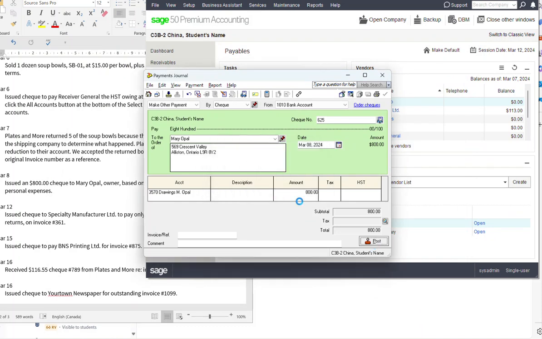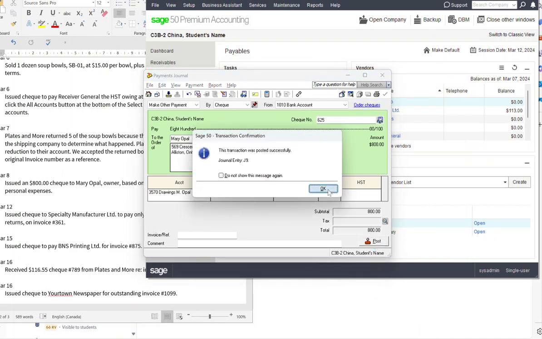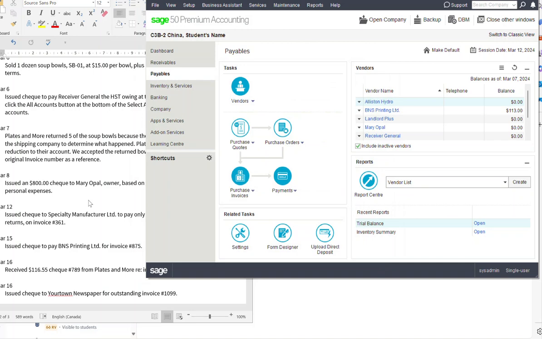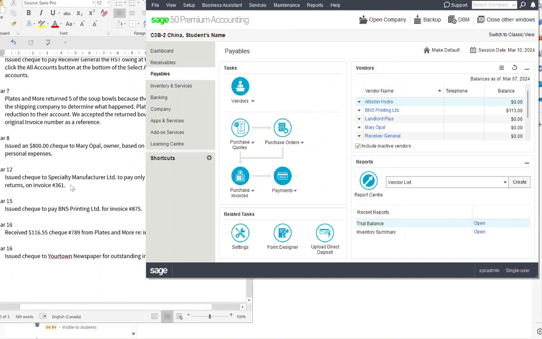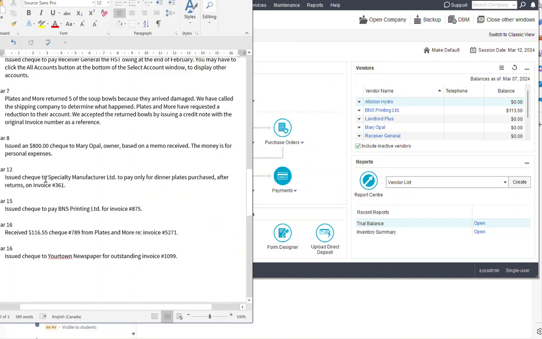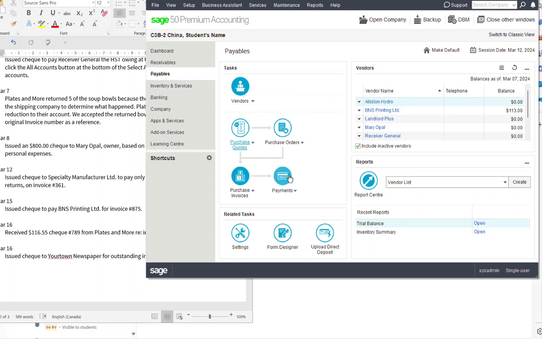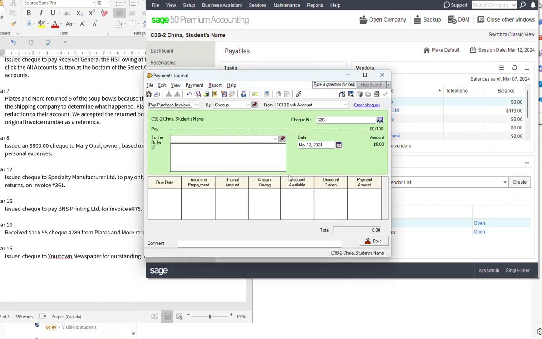And I will post this transaction. Let's go to my next one. Now what happened is we issued a check to Specialty to pay for the diner price purchase after the return. So we're making a payment. When are we making the payments? We're making a payment on the 12th, and it is to the Specialty